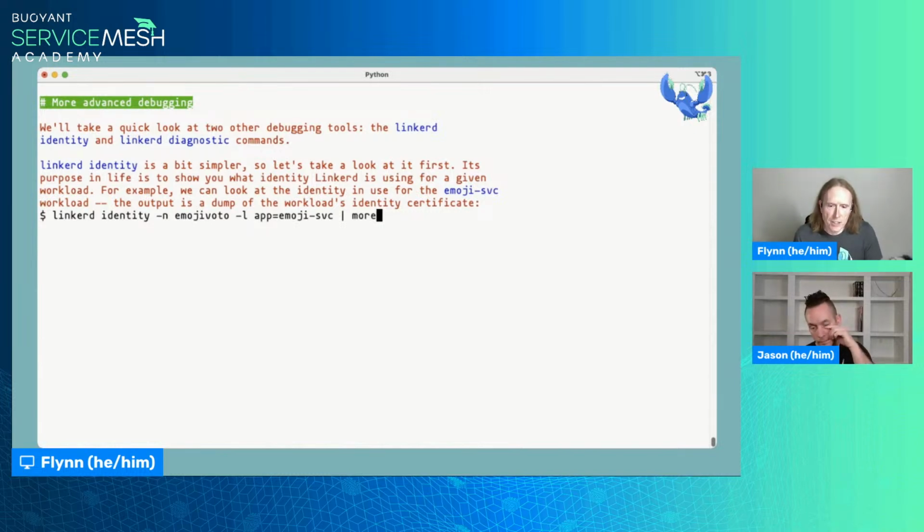This is often useful if you think things are going wonky with certificate handling, or if you're just trying to verify exactly what's going on there. So here I'm going to run linkerd identity. I'm going to look in the emojivoto namespace, and I'm going to look at everything that matches the app=emoji-svc label, which happens to just be the one pod that we looked at a second ago, but whatever.